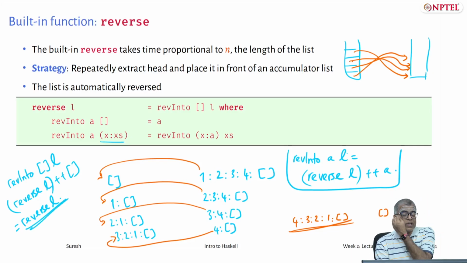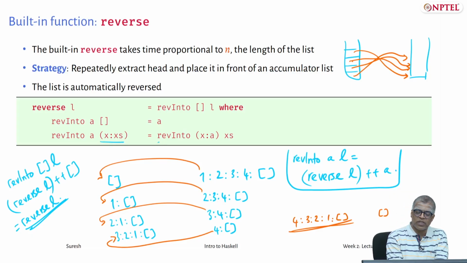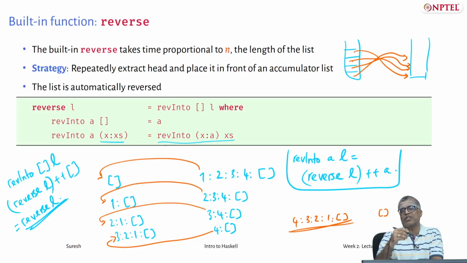Okay, so rather than just computing reverse, you compute actually a more complex function, but the more complex function has a direct definition without referring to reverse. So rev into, if you want to reverse the empty list into A, an accumulator A, it is nothing at all, it is just the accumulator. Reversing x colon xs before A amounts to putting x before A and then reversing xs before that, and that's what the code says here. And this automatically reverses the list as we discussed last week.